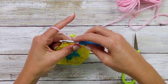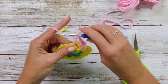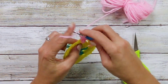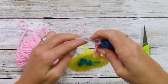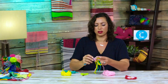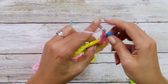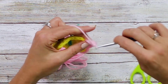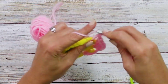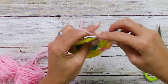Then chain 1, then we're going to do another 3 double crochets, 1, 2, 3, chain 1, we're back at the corner, so we always do 3 double crochet, chain 1, and another 3 double crochets for each corner, because that creates the corner edge when you do 2 series of the 3 double crochets. So then that's the corner, chain 1, 3 double crochets in the center area, chain 1,